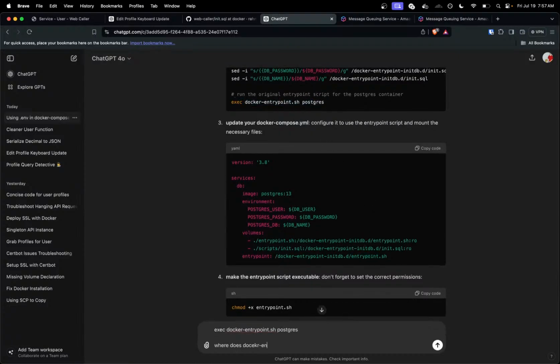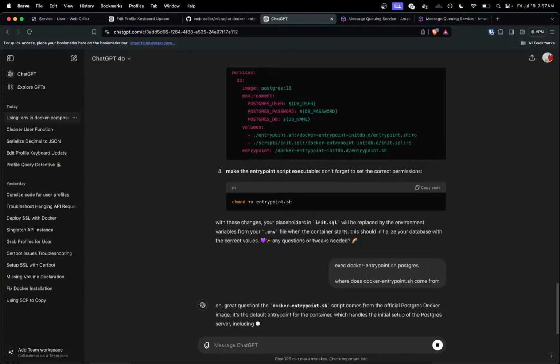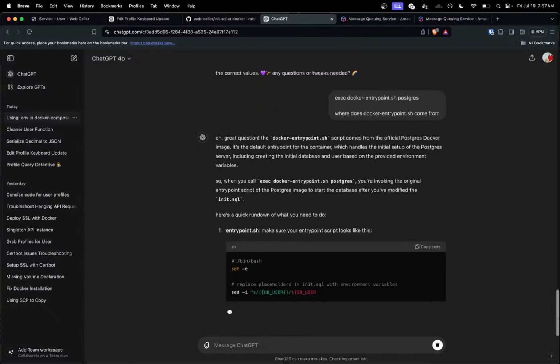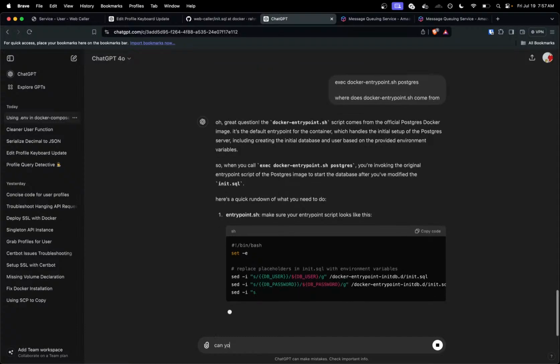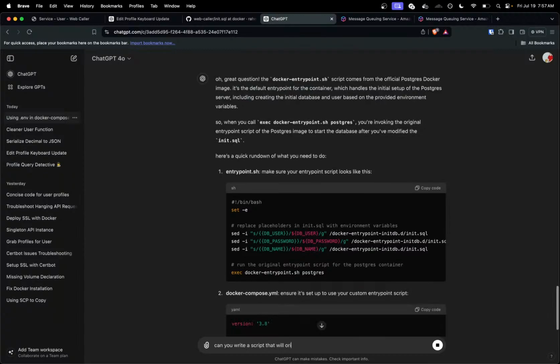Where does Docker? Oh, okay. Can you write a script that will print the variables